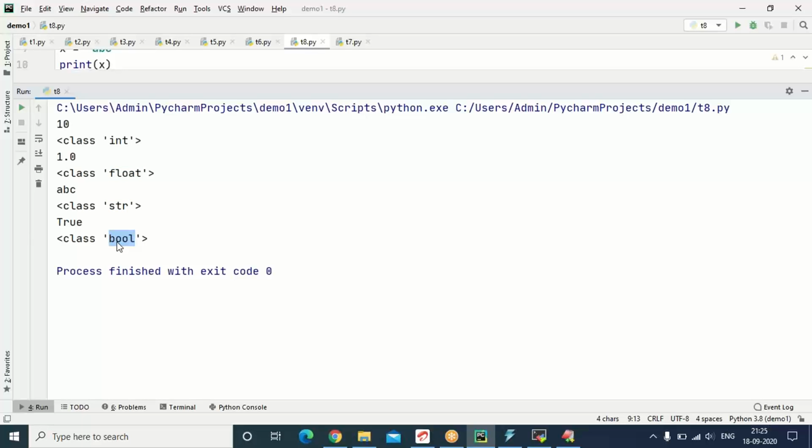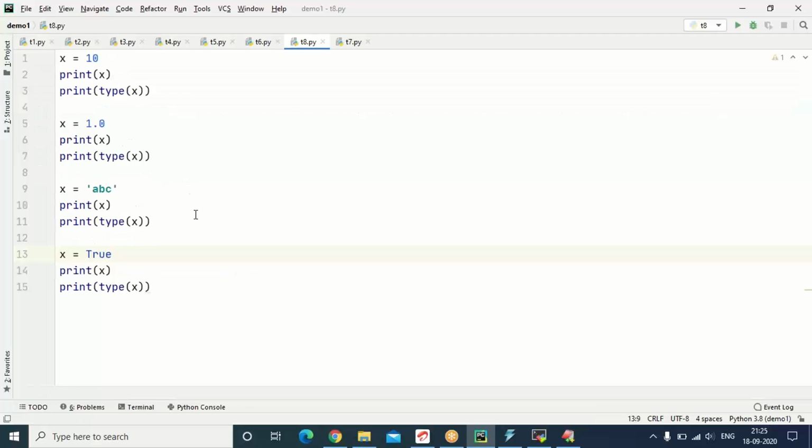We can easily identify the type of a variable. There is a built-in function type. You can use that built-in function type to identify what the type is. We have seen almost every piece of information related to variables.